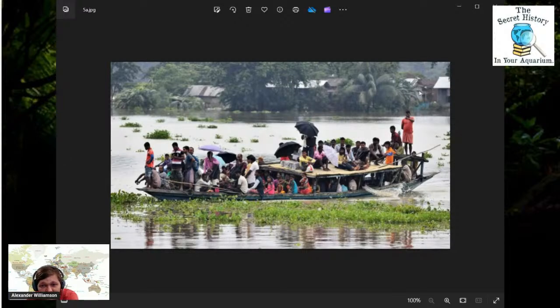But you can see the houses are on stilts back here, and that it's flooded, and that people have umbrellas, it's raining. So you can look at other things than just the fish's profile to look for cues. Look up where it's from and look at pictures of other creatures in their habitat. There are so many little tricks over the years that you will pick up that can help you figure out